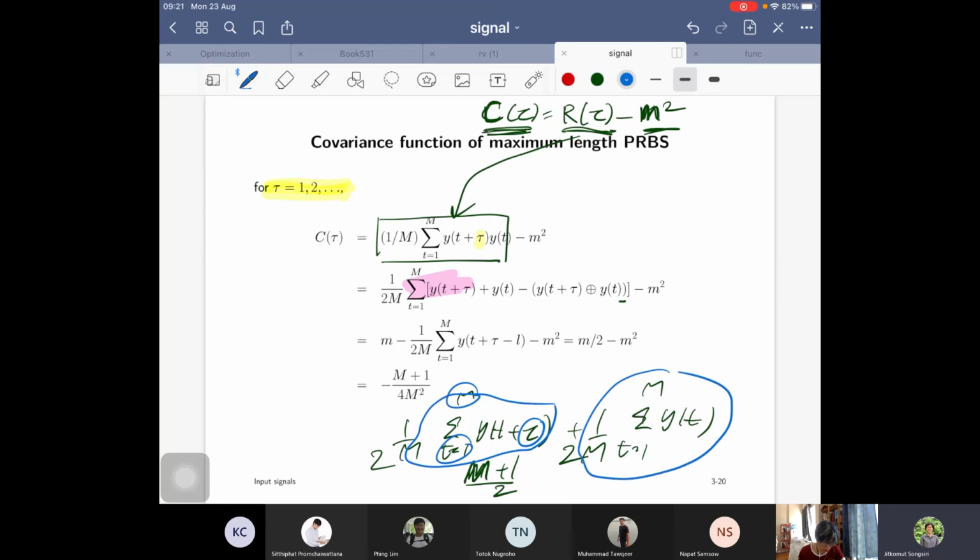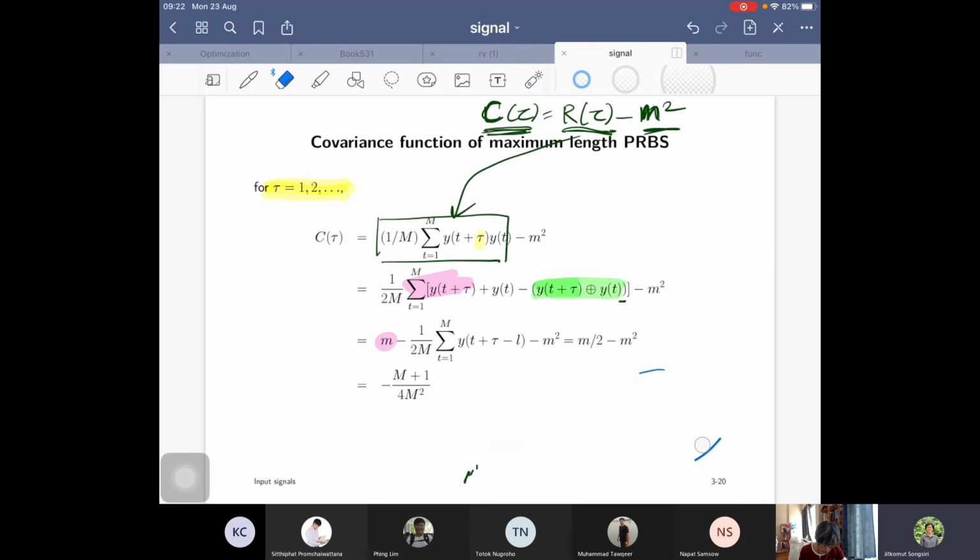So it's the mean, M. Yes, it's the mean. That's why you have two terms, and then it reduces to this term. And for the third term, the green one, we're going to use